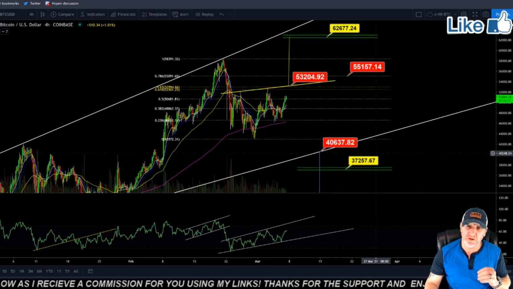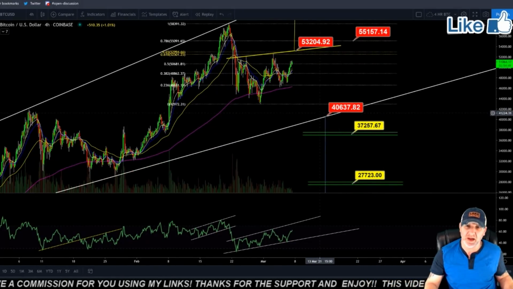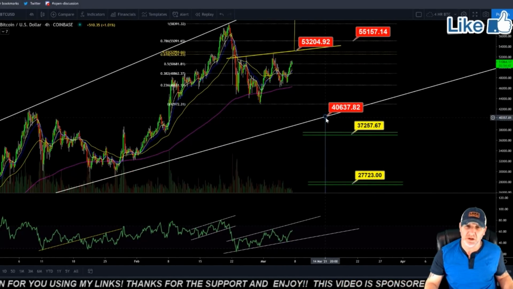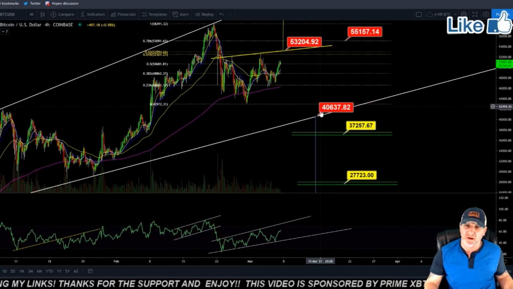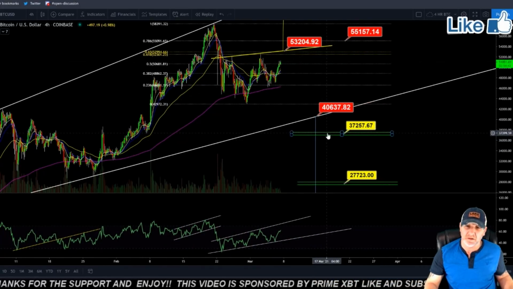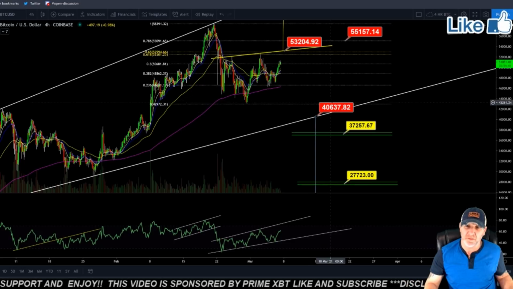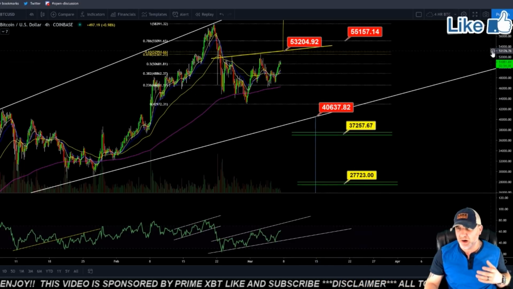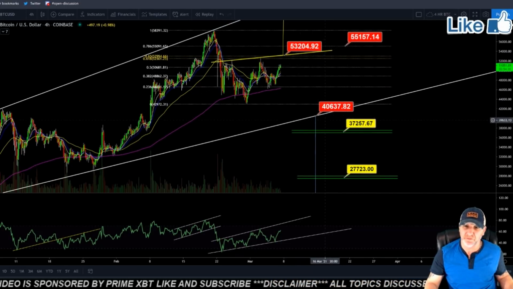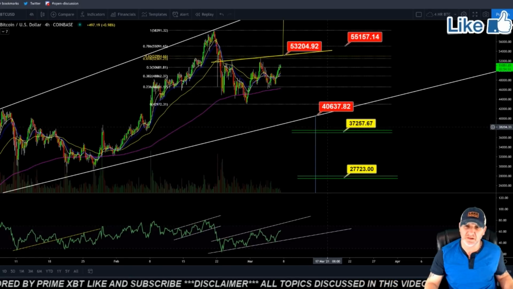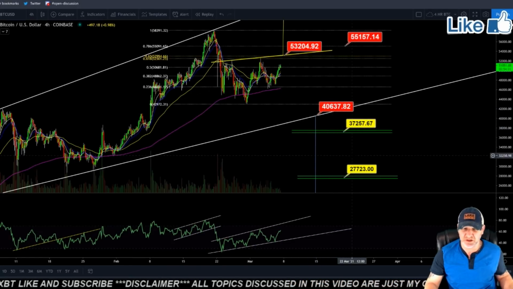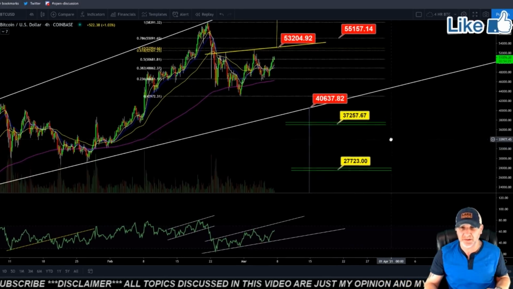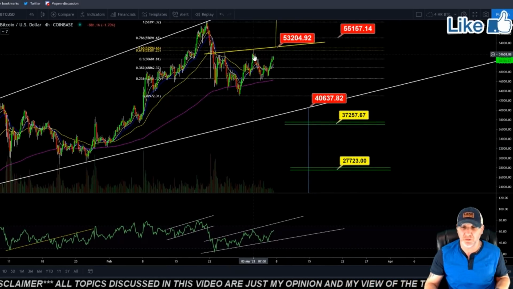that's the 37,250 range. The only thing that worries me about that, if we drop below this trend line on the wedge, now we could come down to that 37, come back up, break back in here and get support. Obviously, that would be bullish. But if we do get all the way down to this 37.2 range, and we come back up here and get rejected, I do think we possibly have lower to go,